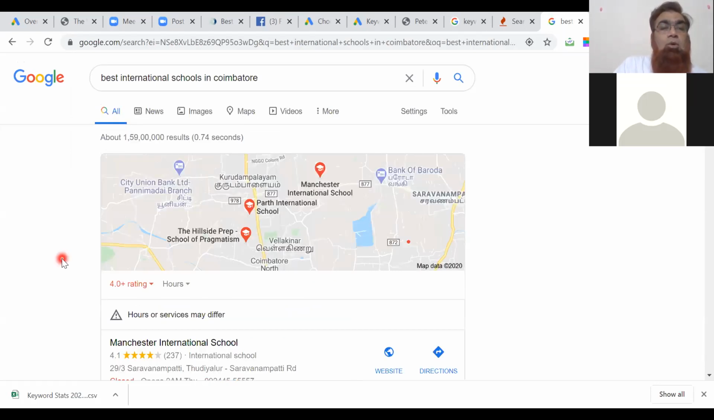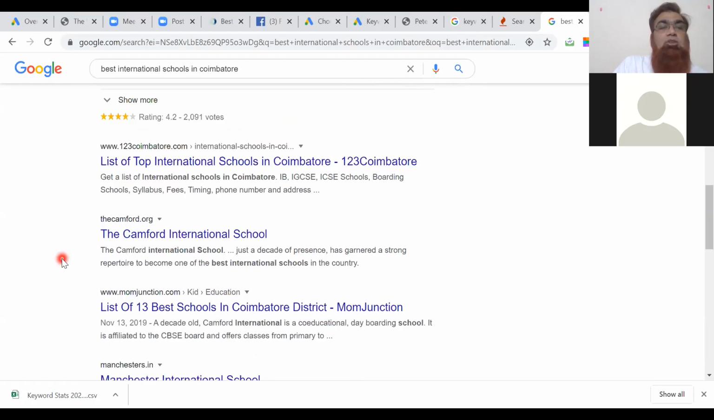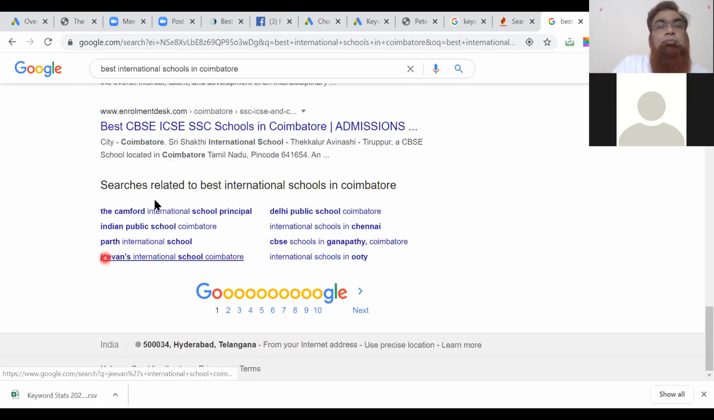Now, if you go down to the bottom of this page, you will also find some more suggestions. So these are a few suggestions based on which we can see what could be the best keyword related to this particular website, right? So international school in Ooty, CBSE school in Ganapathy, Coimbatore. So all these kinds of combinations we can do. Similarly, if we look at best CBSE schools,